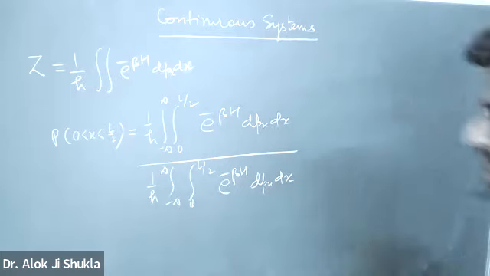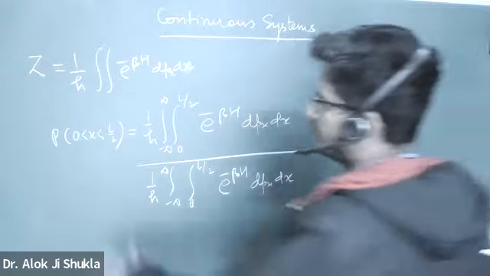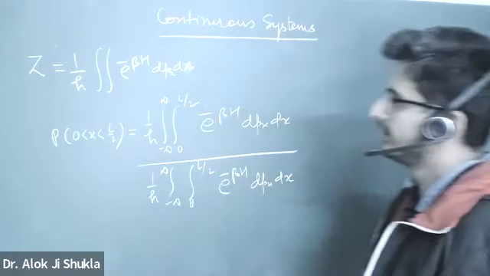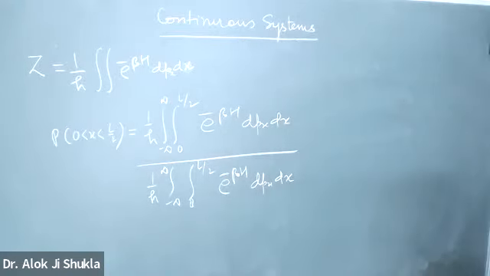It will go like this. So suppose in the previous question, I want to know that what is the probability out of 0 to L, the particle is between, tell me,